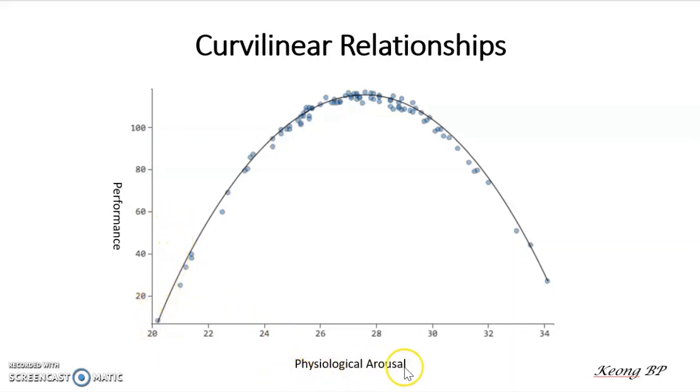The physiological arousals will increase the performance until a certain level. When you reach a certain height, which is the maximum, the increment of the physiological arousals will cause the performance to go down. Or another example could be